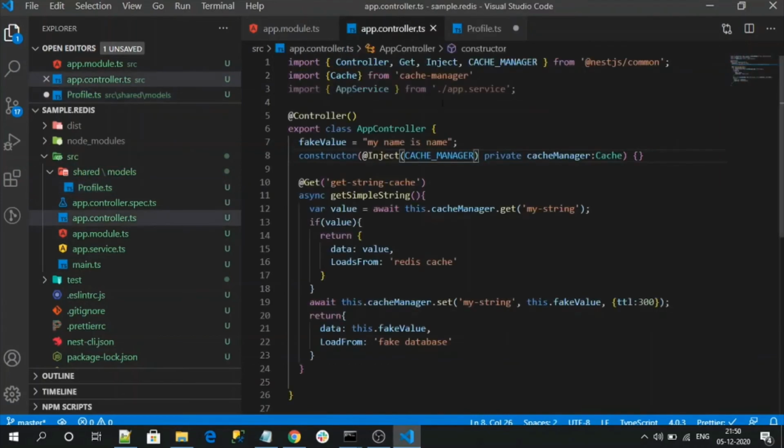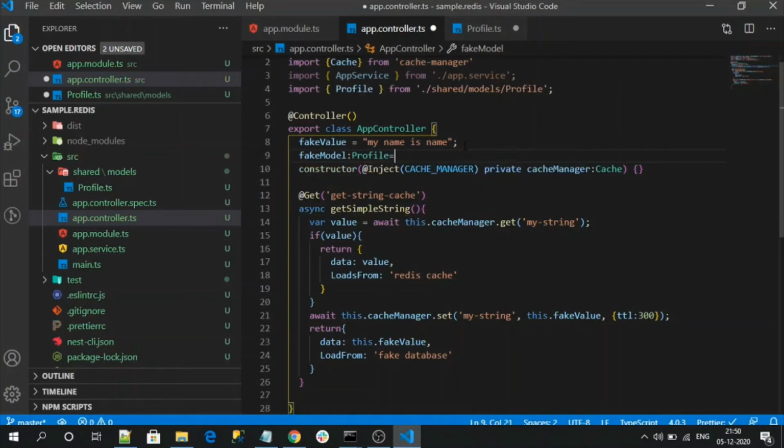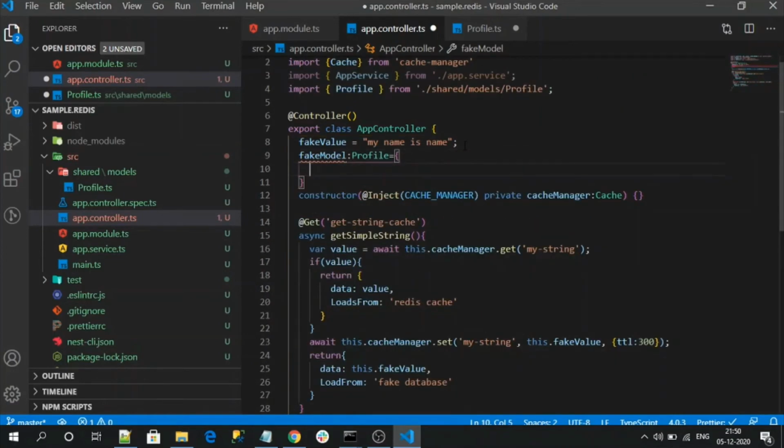So let's create a fake model, and let's initialize some dummy data into it.